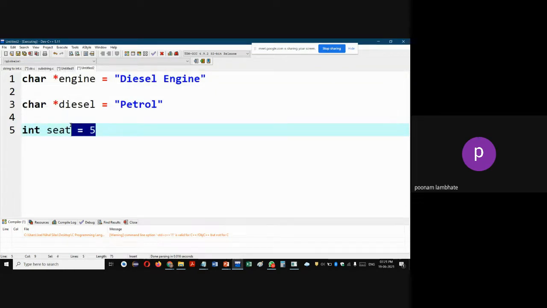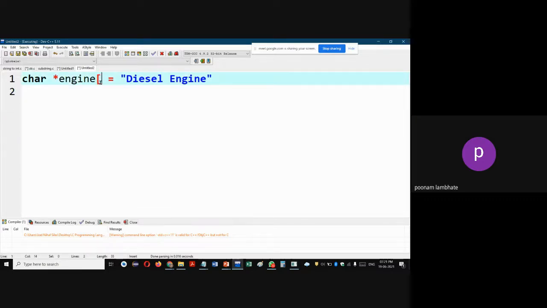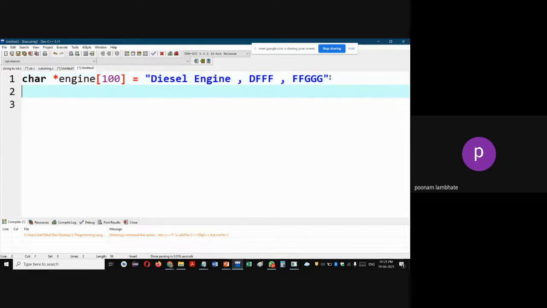You may say that I will store all the engine types in one array, all the diesel types in another array for the 100 cars. So you may say that I am creating an engine array of size 100. First, I'll specify the first car engine type, then the second car engine type, then the engine type of the third car like this. Then for the seating capacity, you'll create an integer array for 100 cars, and you'll write 2, 3, 4. And then to access the details of car 1, you can write